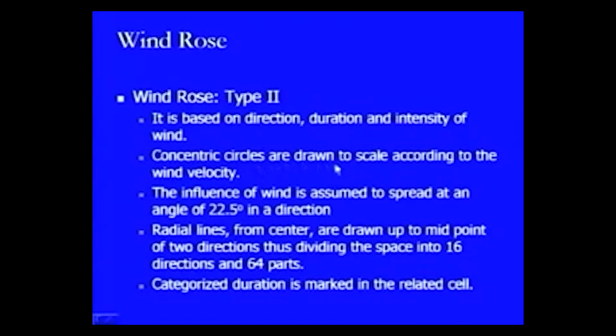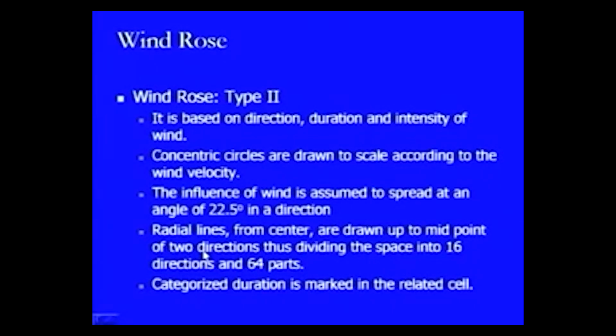The concentric circles are drawn to scale according to the wind velocity and not on the basis of the percentage time as taken in type 1. So, here we are using wind velocity. The influence of wind is assumed to spread at an angle of 22.5 degrees in a direction, and the radial lines from the center are drawn up to the midpoint of the two directions, thus dividing the space into 16 directions and 64 parts. So, what we are doing is that we are drawing the radial lines from the center